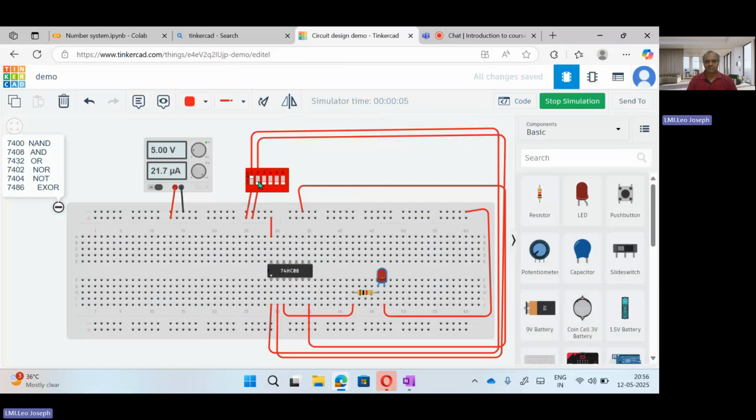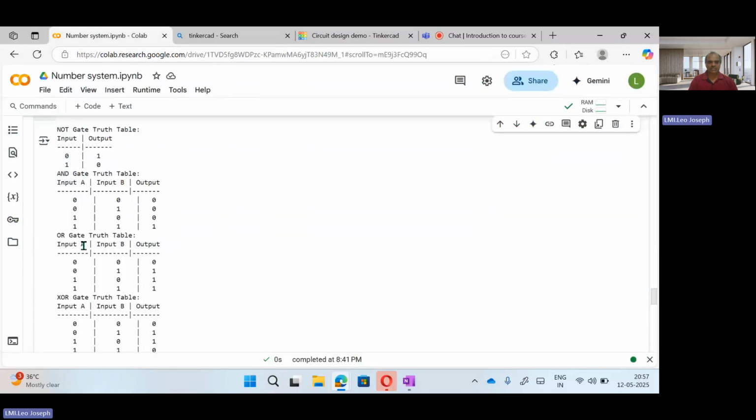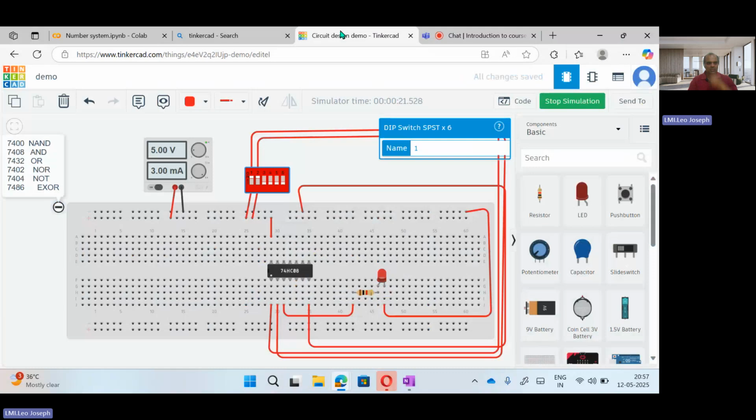So if I switch this, you don't get 0 0, 0 1, 1 0. Now this is 0 1 and this is 1 0 and this is 1 1. So what are you getting? You are getting one light glow. So this is the operation I am showing here. AND gate 1 1, output remains what? Fine. Similarly, you can realize all these gates by yourself by using